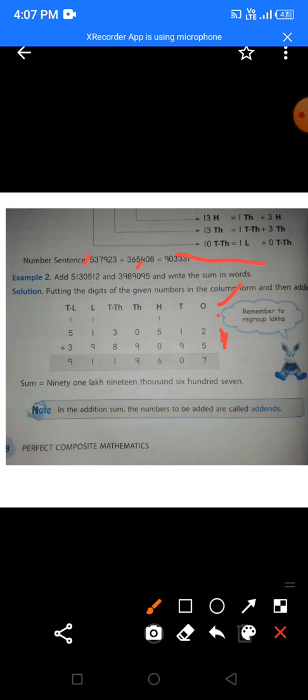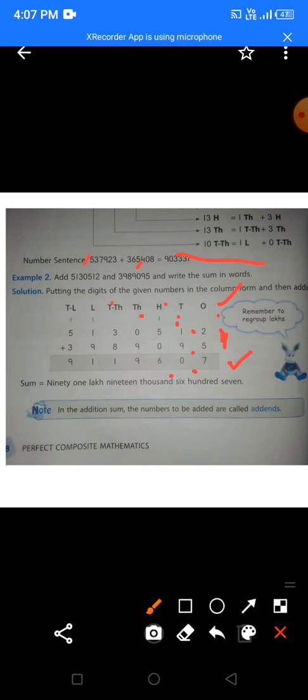2 plus 5 is nothing but 7. 1 plus 9, 10. You'll write 0 here and 1 carry. Then 1 plus 5, 6. You'll write here 6. अब यहाँ पे कुछ कैरी नहीं है तो यहाँ एम्प्टी रहेगा. Then 0 plus 9 is 9. Again कुछ कैरी नहीं है. Then you will not carry.